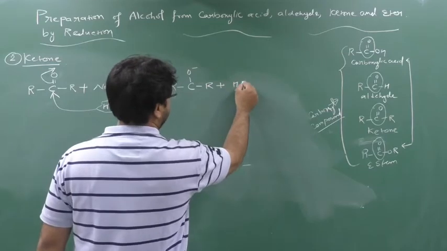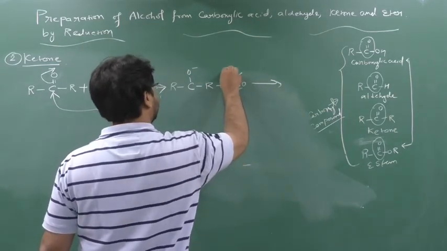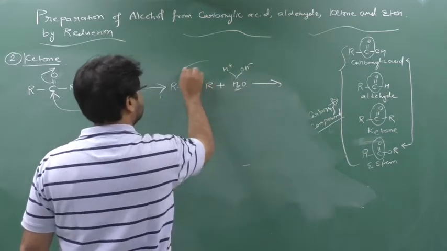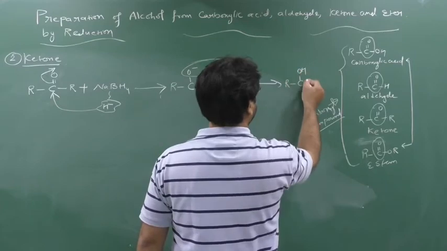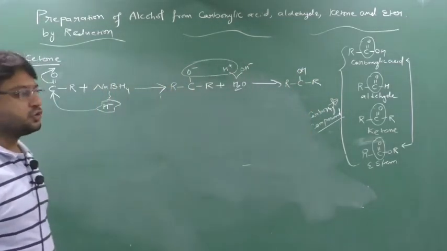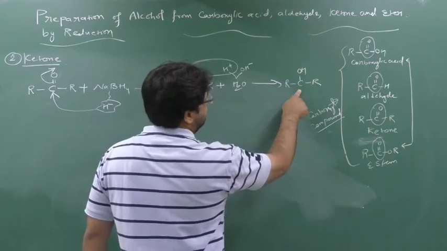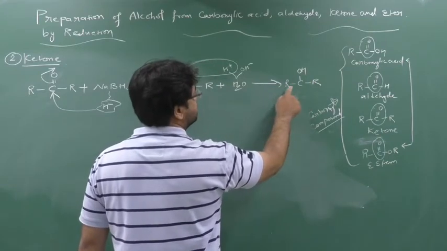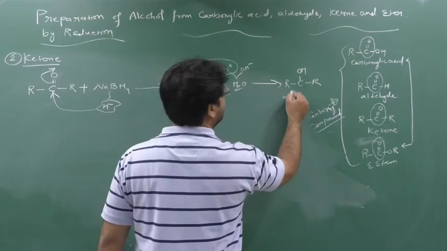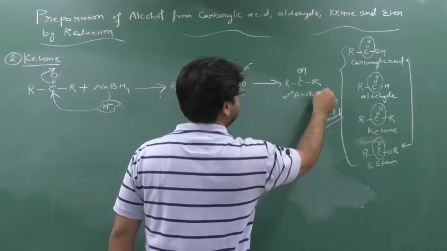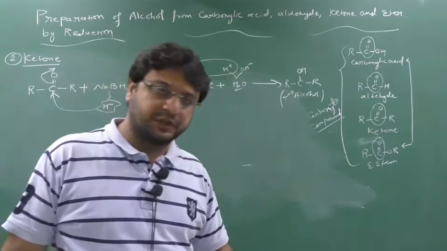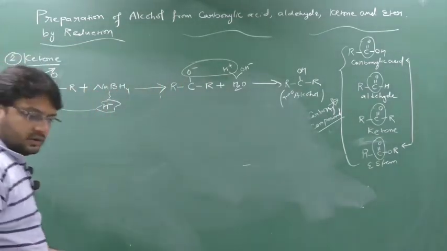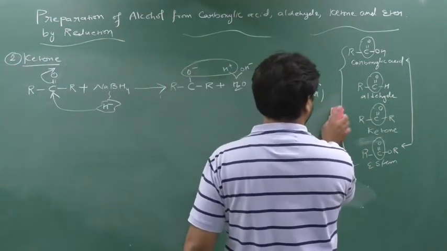Then in the second step I will do the hydrolysis. So I will get H plus and I will get OH minus. These two will combine, so it will form what? R, C, OH, R. Clear? So you can see here the carbon with OH is attached to two other carbons, so it is a 2 degree alcohol. So here a 2 degree alcohol will be generated, whereas in aldehyde a 1 degree alcohol will be generated. This is also a very important MCQ. So this is also a general reaction. Then I will take 2 examples to explain it better.